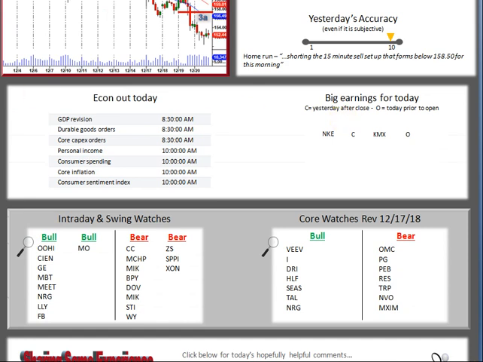There's the econ that's coming out today, and I like to know the econ. Not that I care what it is or what's said, but just to know that there's a big number coming out, like just now, we just had the FOMC minutes released a few minutes ago. And then there's earnings, and again, I don't care what the earnings are, but you can use them to find gaps that are occurring in the market.